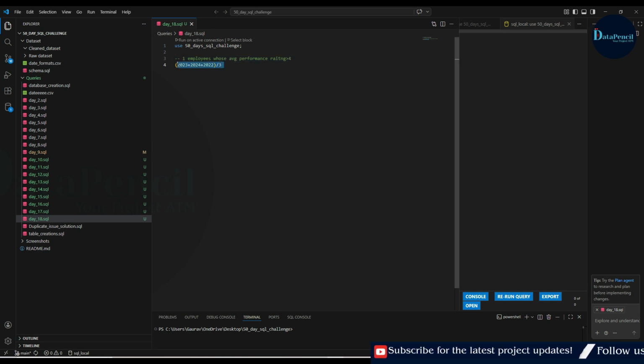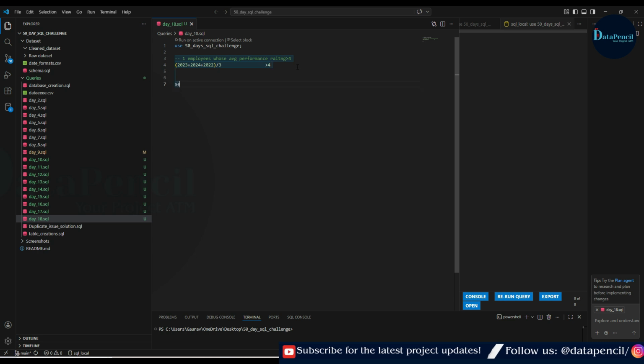So first of all, we have to find the average rating per employee, and then we will use the filter so that we will get all those employees whose average rating is greater than 4. Means after calculating the average per employee, if this value is greater than 4, only those employee IDs and names show in this result window. Okay, so how to do it?